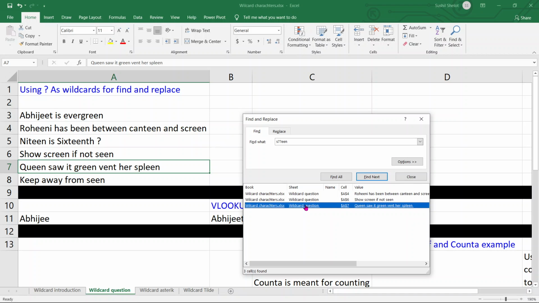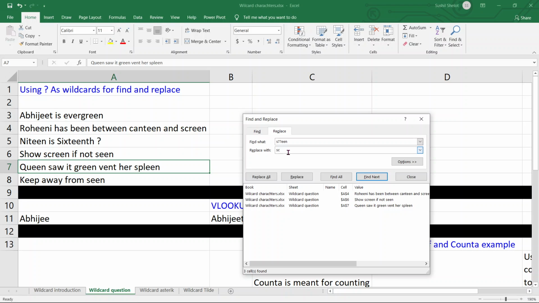One can use this not only to find but also to search and replace, because many times you have a text file or an Excel file which is very big in size, manual searching is not possible, and you may not remember the complete spellings of the words you need to search. In that case you can use the wildcard question mark to represent the alphabets which are part of the string. Now if I choose this and replace them with, say, SR,